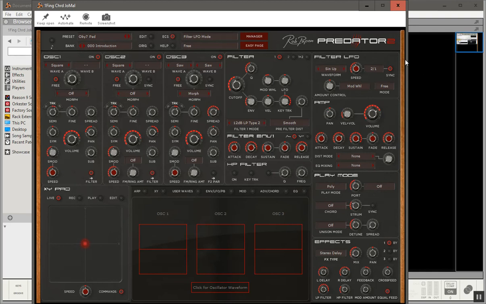Now, it's not cheap. It's about $150, and I was able to get it on a special upgrade because I had owned Albino a long time ago. I bought Albino, so I was able to get the upgrade plan. So he's really good about that. If you do have older synths, they're really good about upgrades. So I really applaud Rob Papen for that. But it's a great synth. I do suggest that you